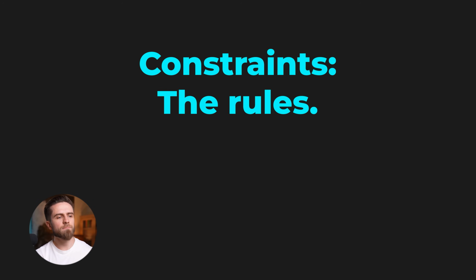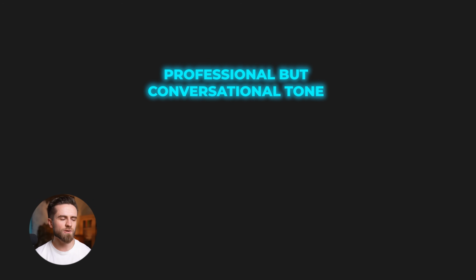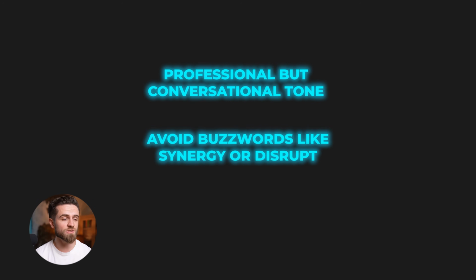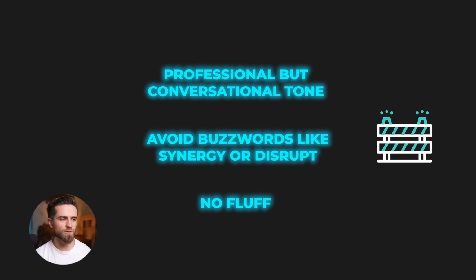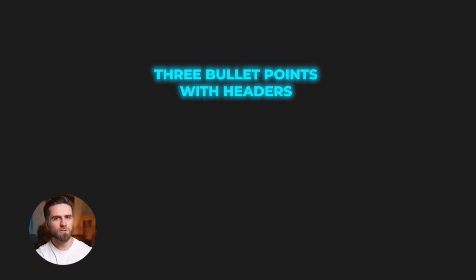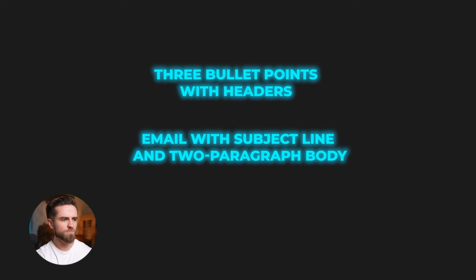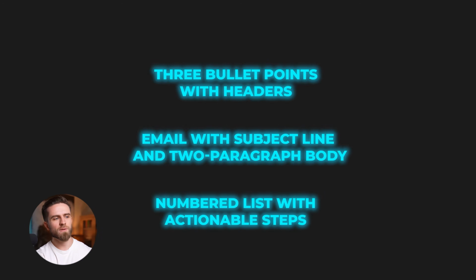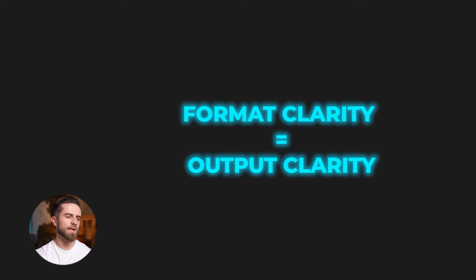Constraints, the rules. Max 200 words, professional but conversational tone. Avoid buzzwords like synergy or disrupt. No fluff. Constraints guide the output without micromanaging. Format, how should it look? 3 bullet points with headers, email with subject line and 2-paragraph body, numbered list with actionable steps. Format clarity, output